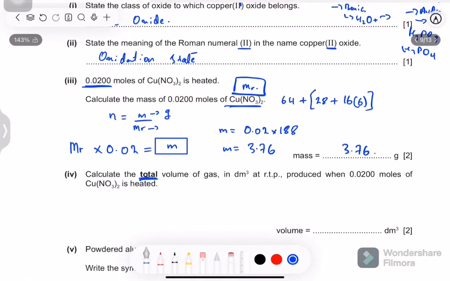Calculate the total volume of gas. Remember to read the words they have highlighted in bold and consider them in your answer. Calculate the total volume of gas in dm cube produced when 0.02 moles of copper nitrate is heated. Now this is concerned with